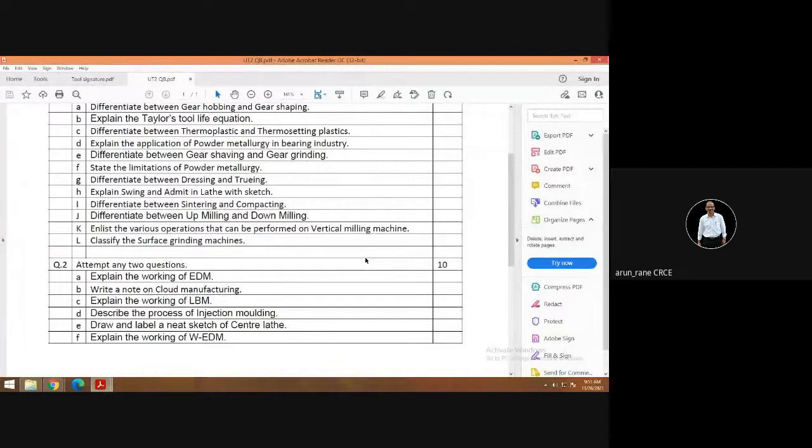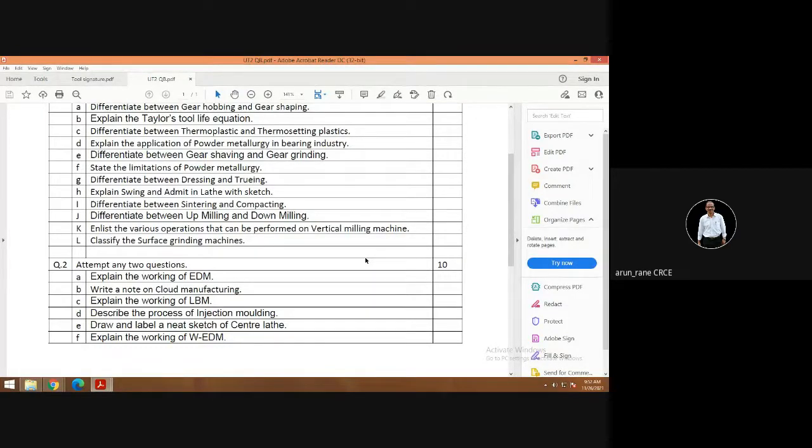These are important. On the lathe machine, what are the different operations on the lathe? Draw and sketch the lathe. Milling machine, again the same, what are the different operations? Drilling machine, different types of drilling machines. Draw and sketch the drilling machine. Grinding machines, again, what are the different types of grinding machine? Then grinding wheel selection, that is grinding wheel nomenclature, is important. Dressing, truing. Then shaping, slotting, planing: how do you specify shaping and slotting machines? What are the different operations?